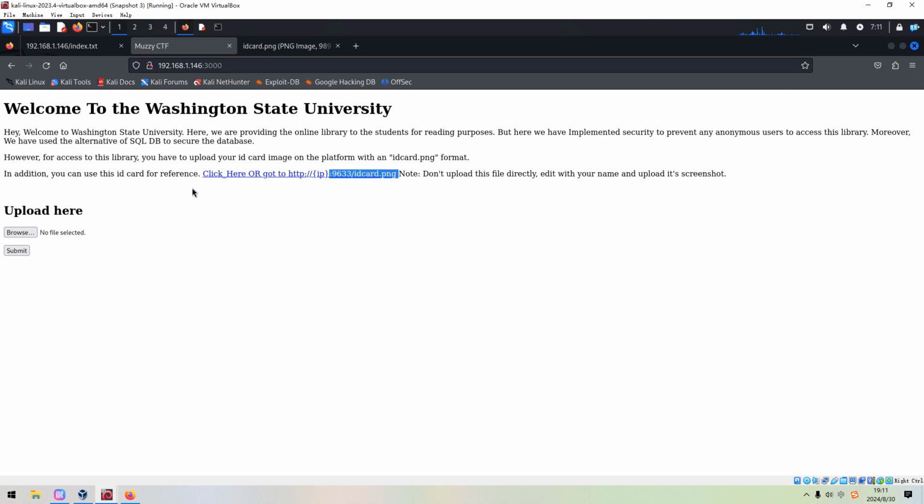From the instruction of this challenge, we need to know some points. The first one, the target is running the alternative of SQL database. As you know, database has two main streams. The one is SQL database, like MySQL, like Oracle. However, another type is NoSQL. So I think this information is telling us the target is running a NoSQL database, like MongoDB, right? So this is the first point we can get.